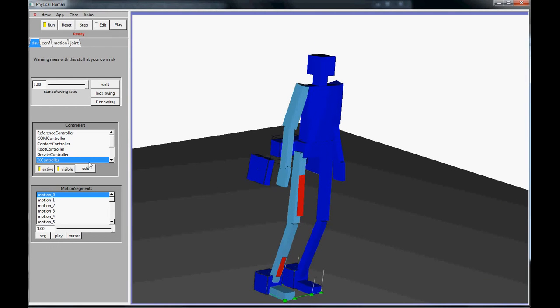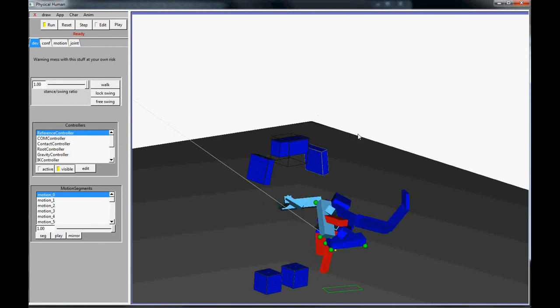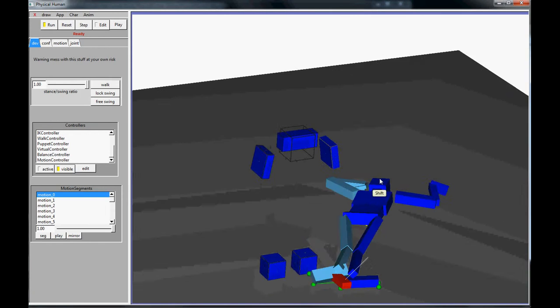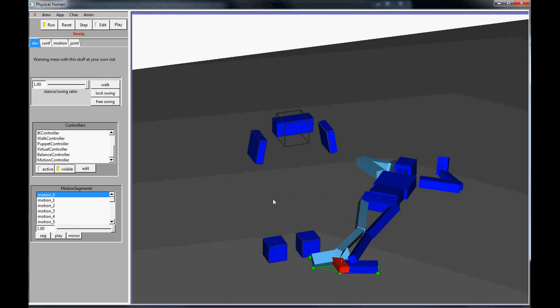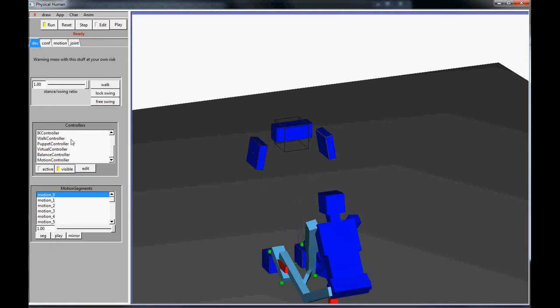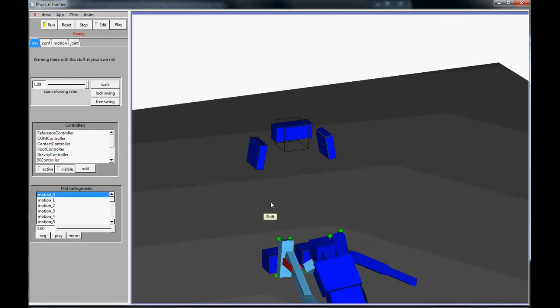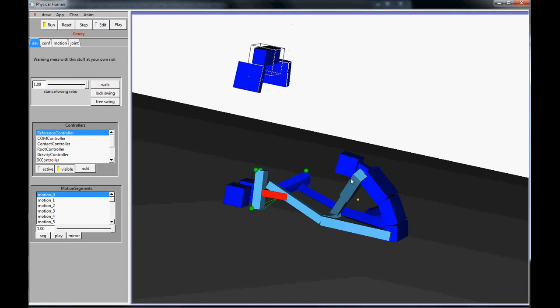And so if I turn off the balance controller, and I turn off this, you can see he's just gonna fall over like a ragdoll. And so current games are starting to use ragdoll physics, but eventually they're gonna want to use fully articulated characters that can actually perform complex maneuvers. So you first start out by making this ragdoll in the Open Dynamics Engine, and then you build